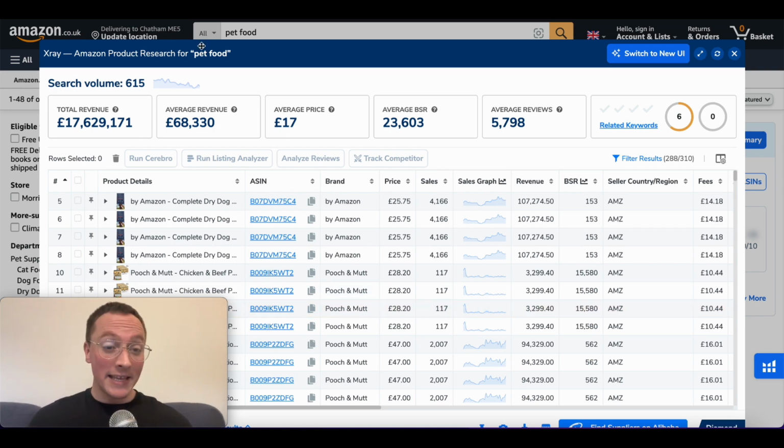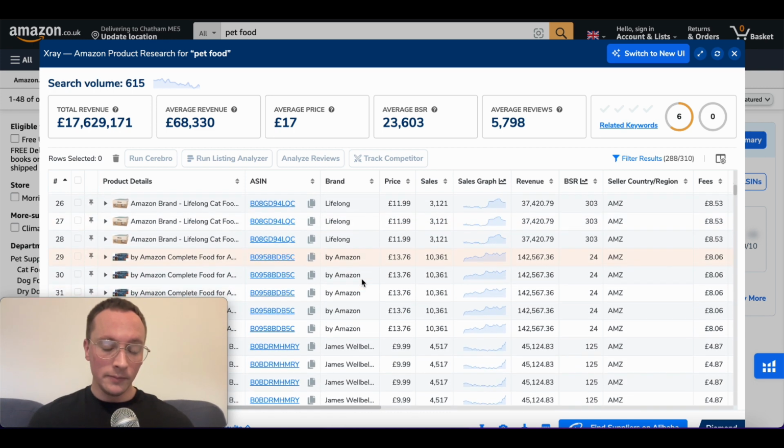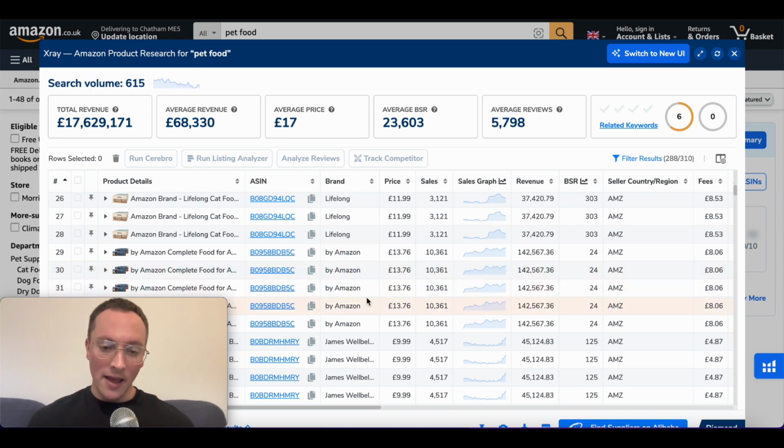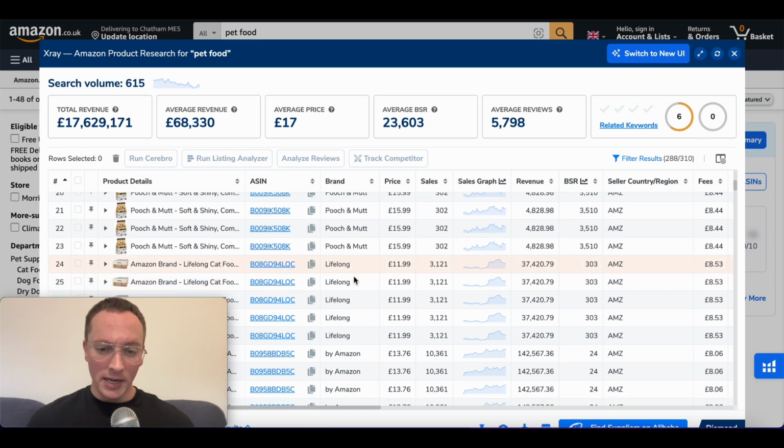I would check other keywords, which you can do with X-Ray, to see if they're dominating in every keyword in the pet food niche. So it might just be one keyword, so that's okay. But if you're going after this particular keyword, I would be avoiding anything that's dominated by Amazon, anything that's dominated by one brand. All I'm seeing right now is Amazon dominating this big, Pooch and Mutt dominating this big, and